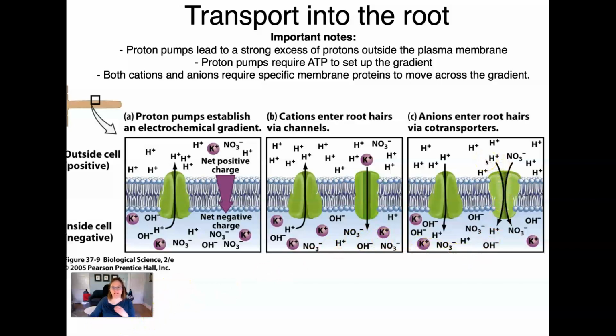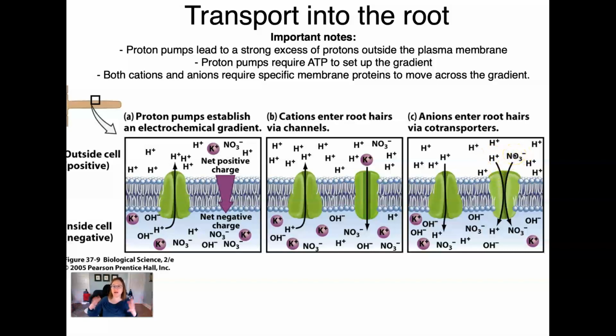Because there is now an electrochemical gradient such that there are more protons, or more positive ions, outside the cell, negative ions can't move by diffusion through the cell membrane into the cell. They need co-transporters, and I'm not going to go into the details of how co-transport works. You can read about it in your intro textbook or in your plant bio textbook in chapter 30, but let's just say that